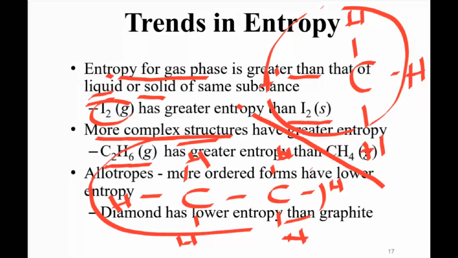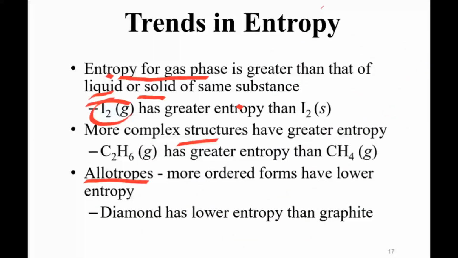Therefore, ethane in gas phase has greater entropy than methane which exists in gas phase. ስቴታቸው አንድ ነው ነገር ግን ዲፈረንሱ structure of the molecules ማለት ነው። ስለዚህ more complex structure ያለው ትልቅ ኢንትሮፒ ይኖረዋል ማለት ነው።